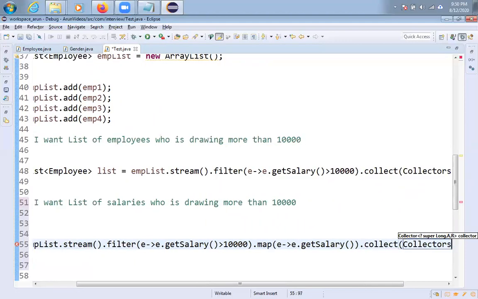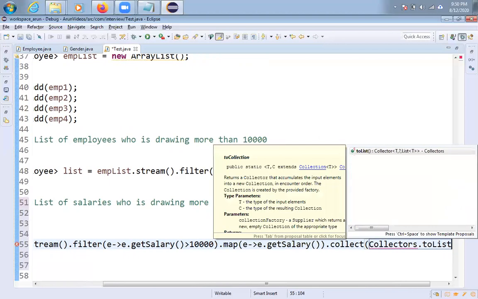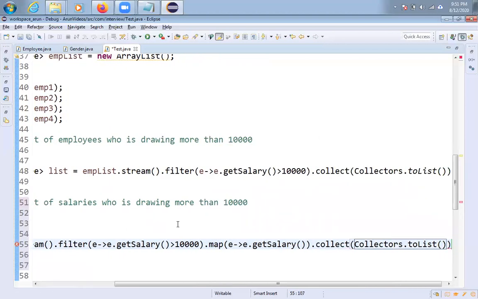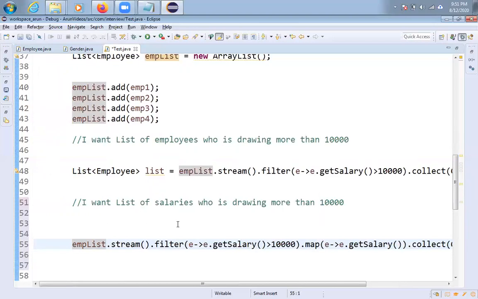It is asking, boss, I have a group of records, in which format do you want? I want list only. That's it, friends. It will return a list only. What is the return type of this salary?